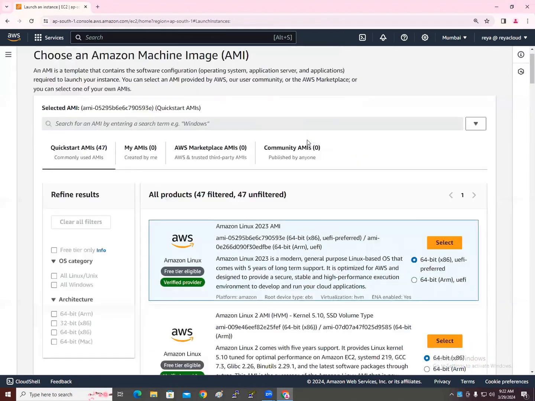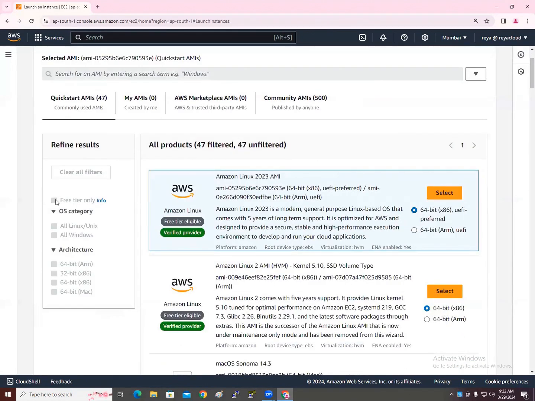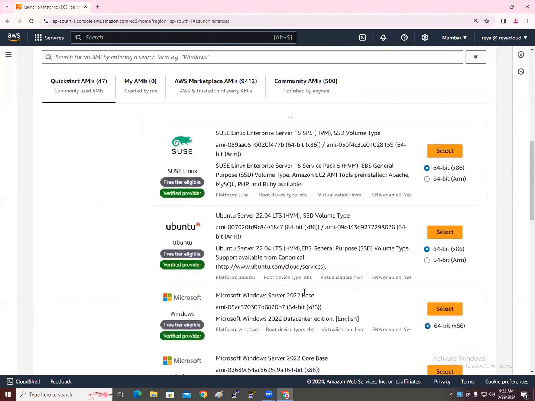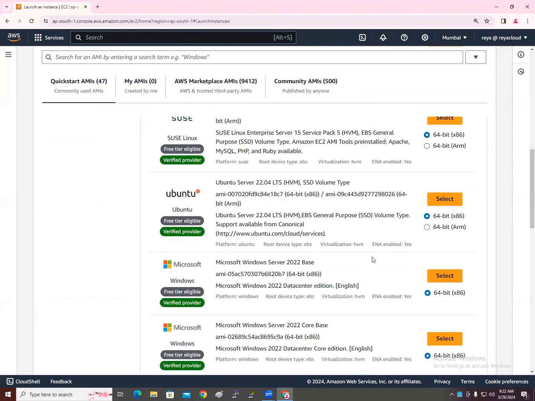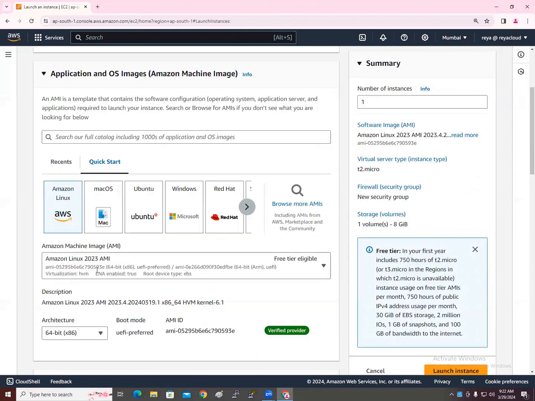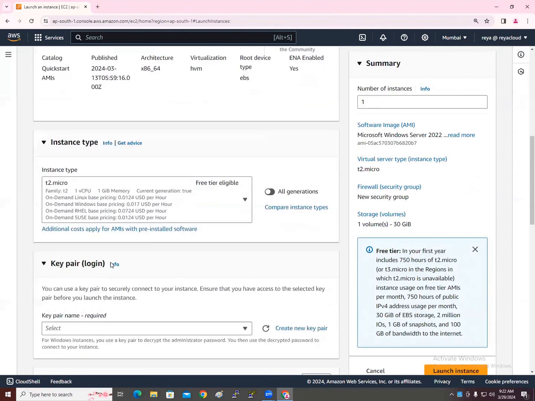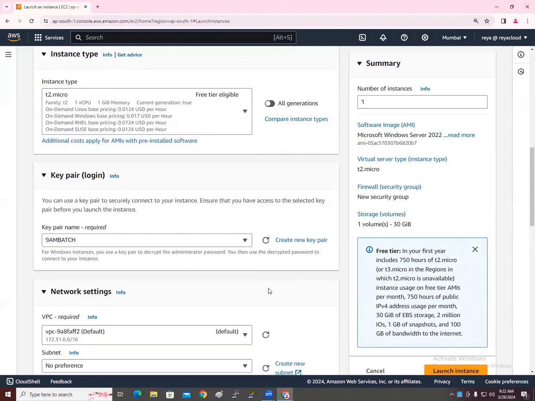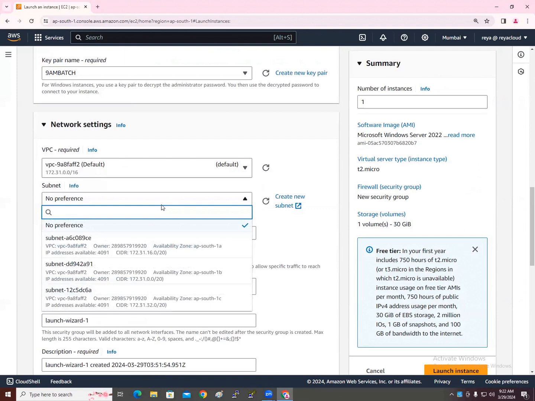Browse more AMIs, Quick Start, and then free tier. In free tier, if you come down, you have the Windows 2022 base. Select that. T2 micro is fine, and the AMI batch is fine. Click on edit, and then go with